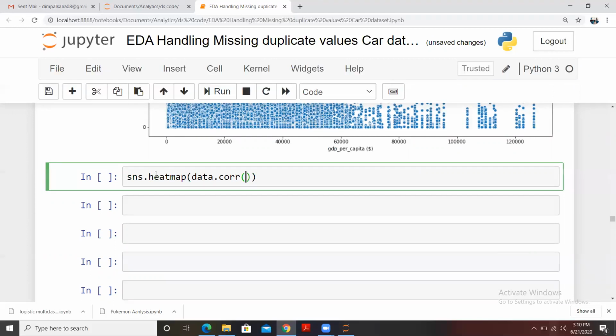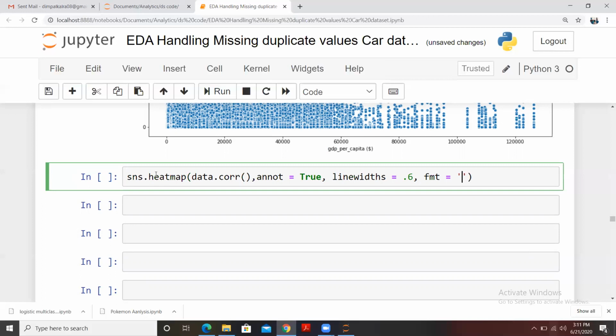This is a function to get the correlation, and we will give annot equal to true, and I'm giving linewidths, which is 0.5 or 6, whatever you want to give, and then I'm using fmt, which is the decimal point format that we want to use.